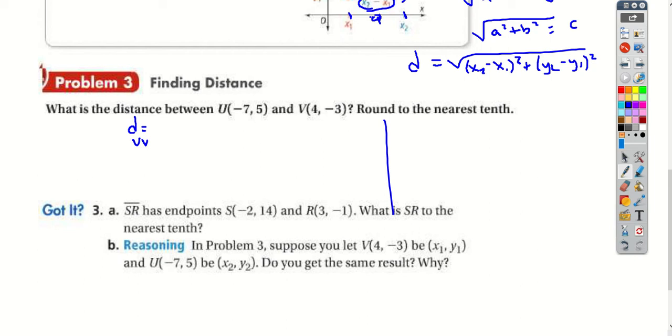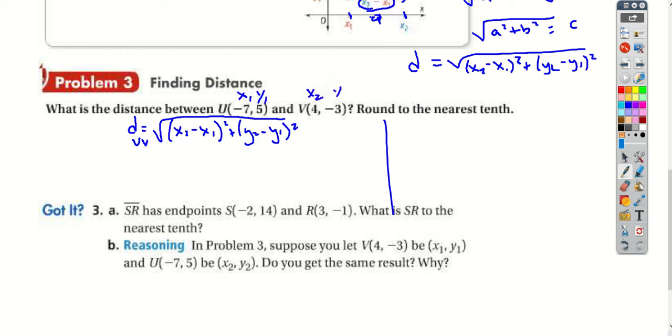Once again, we're going to do the square root, and we use the formula: x2 minus x1 squared plus y2 minus y1 squared. Here's x1, y1,